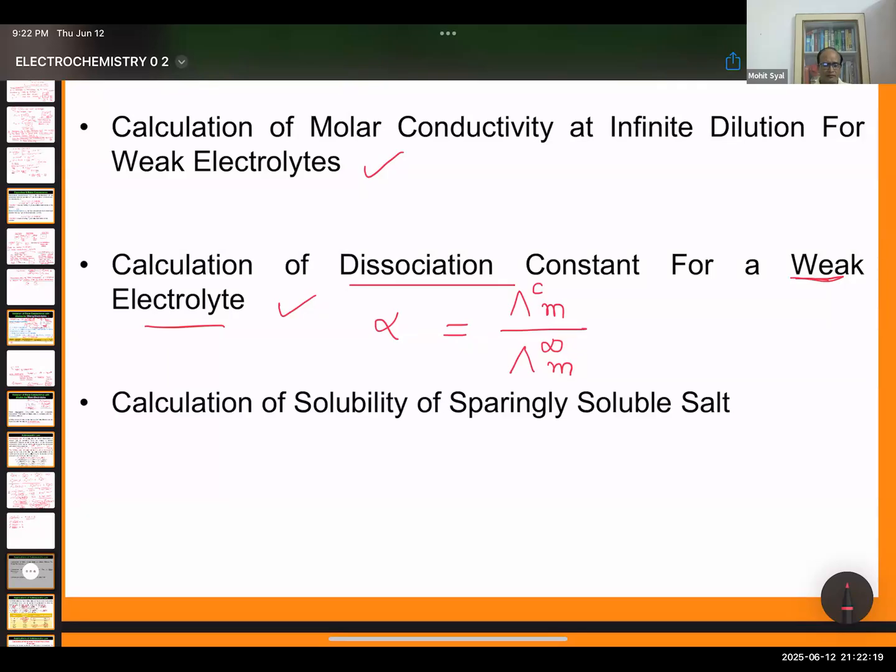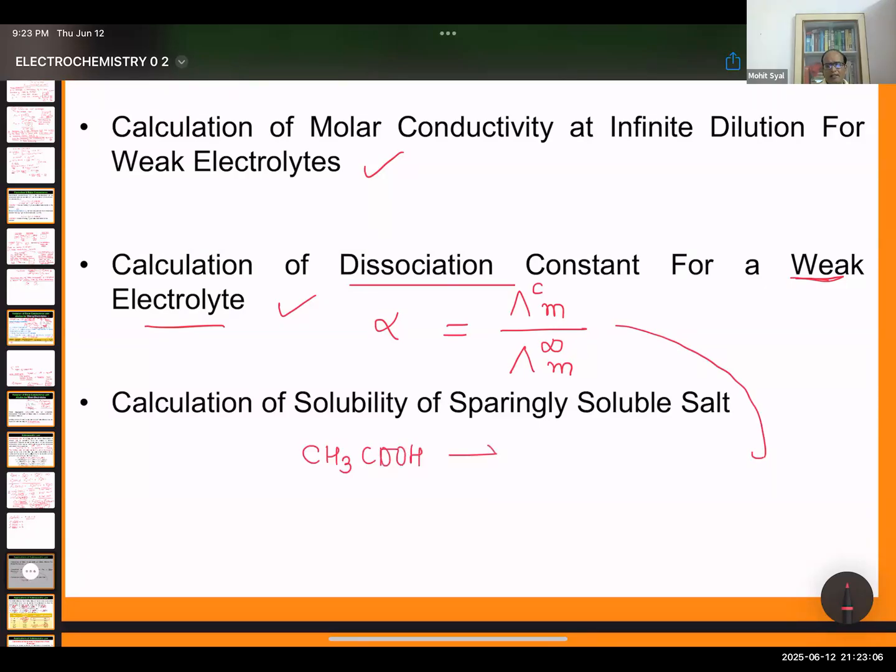Degree of dissociation means by what fraction the electrolyte is dissociated. At infinite dilution, alpha was 1. When it is lambda m, take the ratio of the given lambda to lambda maximum at infinite dilution, and you will get the value of alpha. Once you get alpha, this is from your class 11th,